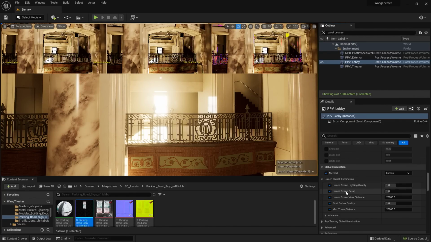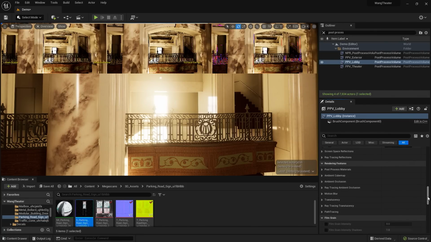What I can do is go down to the Lumen Scene Detail here and bump this up to 2. Now you'll see the yellow disappears and that it's now being included in the calculation. Now you can go down to the right-hand side and continue exploring other options or settings here.